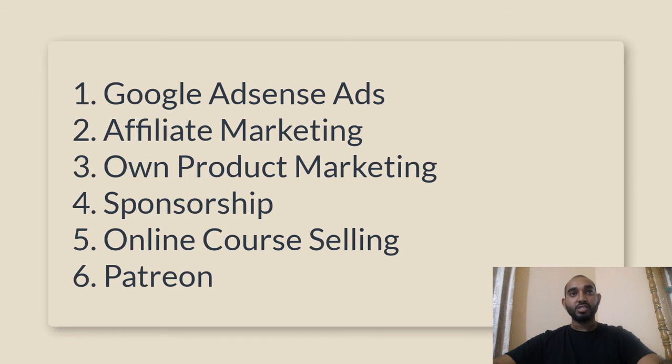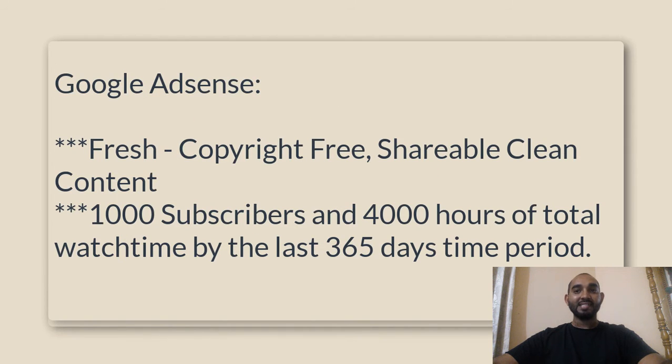So the first option, which is Google Adsense ads, I usually use this way to generate my passive income. To be eligible for making money through Google Adsense ads, you will need to fulfill a few requirements. First of all, your content should be very social friendly, and there should not be anything bad, and then you will need to have at least 1,000 subscribers and 4,000 hours of watch time